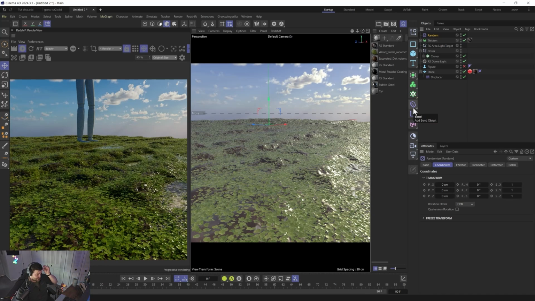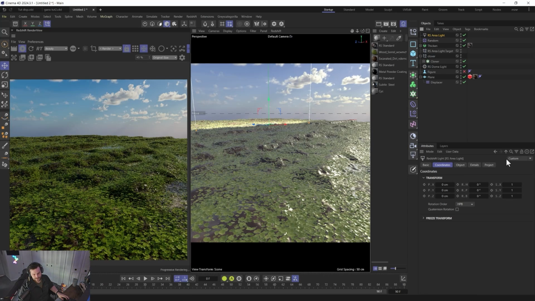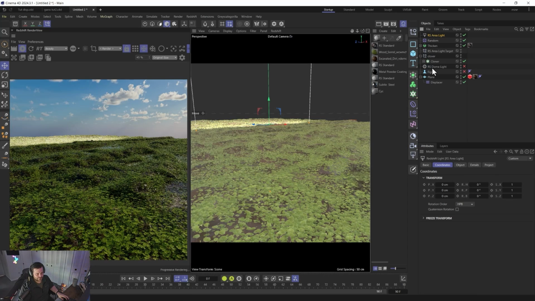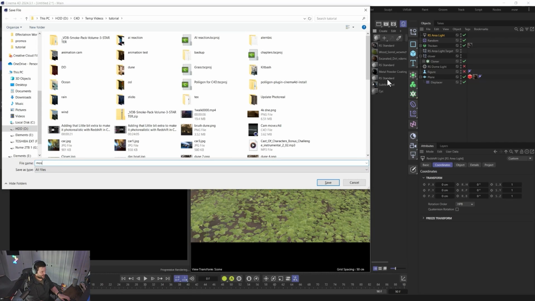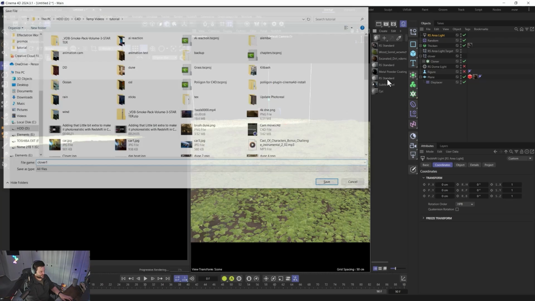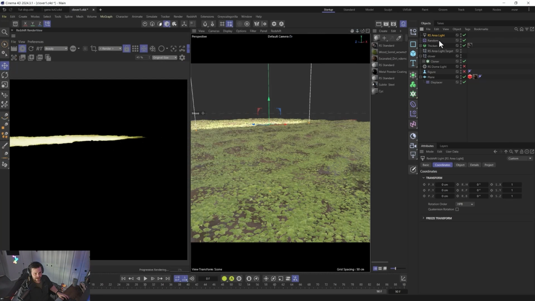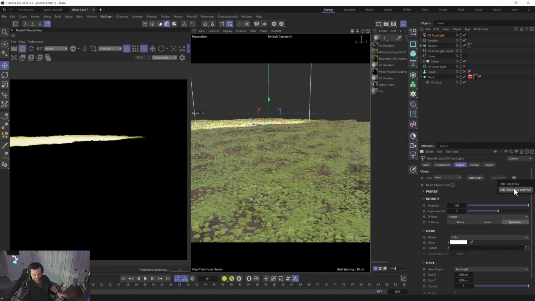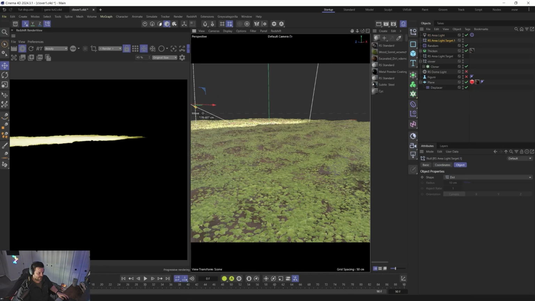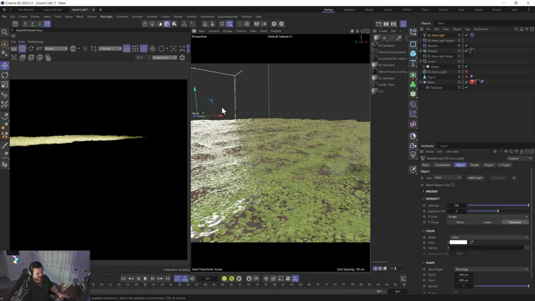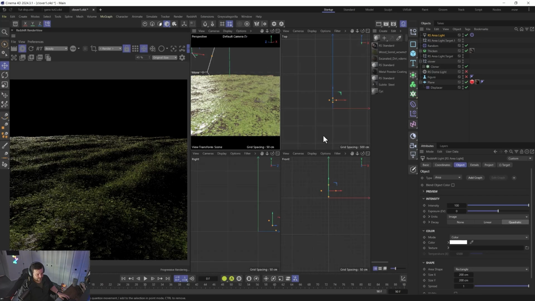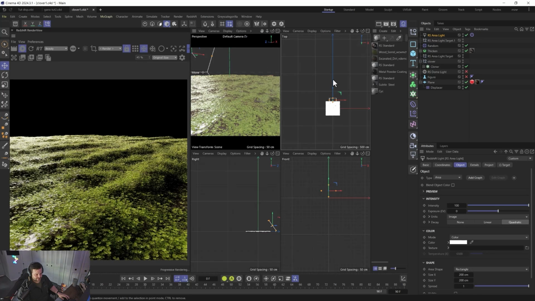And the last thing we need to do is just add some nice lighting into this. So we'll grab an area light, and you might be surprised, but we'll turn off the dome light for now. Got our area light here. We can save this as, what's this? Clover 1. And with our area light selected, let's go ahead and add a target tag at null. Bingo bongo. We'll pull this light back this way and up, and we'll go ahead and go to our side view here. And we want to make sure this is pulled back a little more. You can see where that